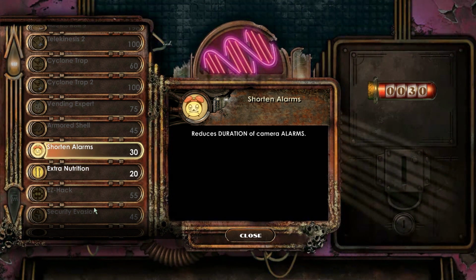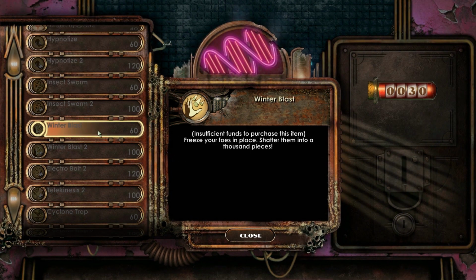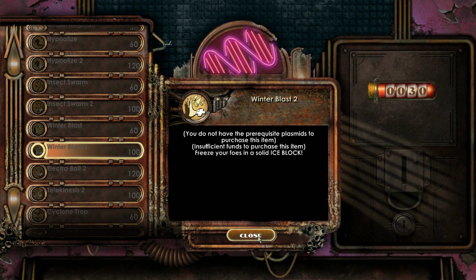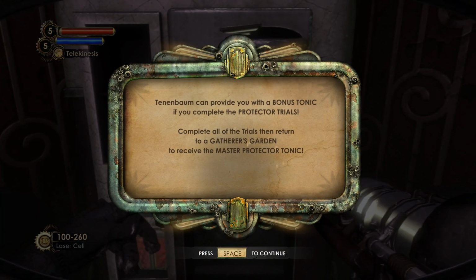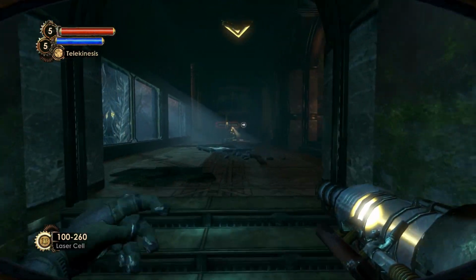Okay. A part of me definitely wants to get the bees back, but it might be kind of fun to use Winter Blast since we didn't really use that a whole lot in the main LP. Tenenbaum can provide you with a bonus tonic if you complete the Protector Trials. That's what I was talking about earlier. So things will be more difficult because we haven't done that DLC. But I'm not planning on doing that, so it is just going to be harder, and that's fine. All right, so let's proceed and see what we...